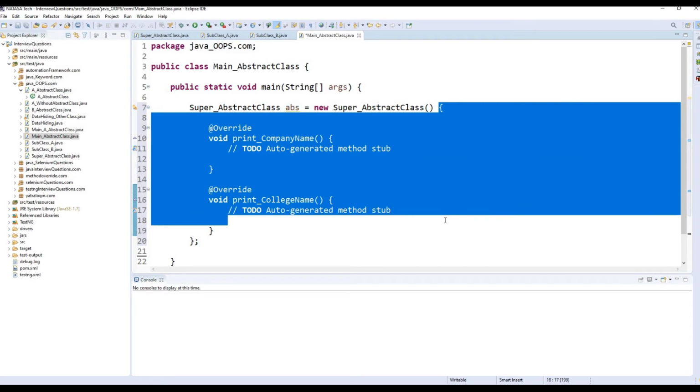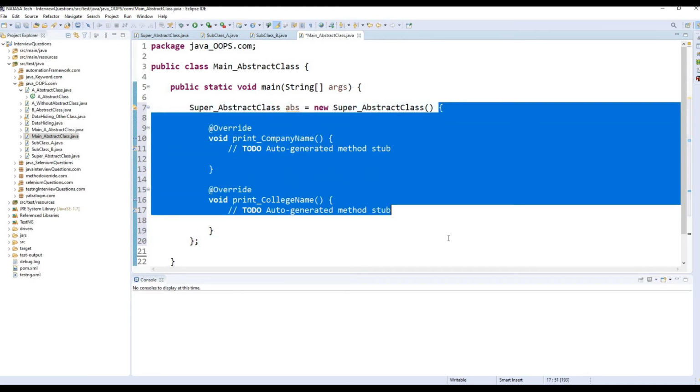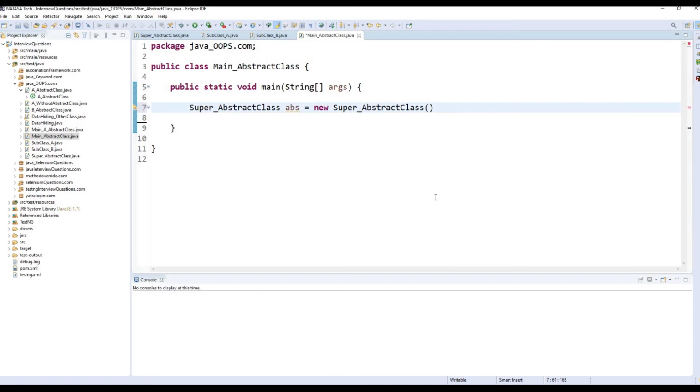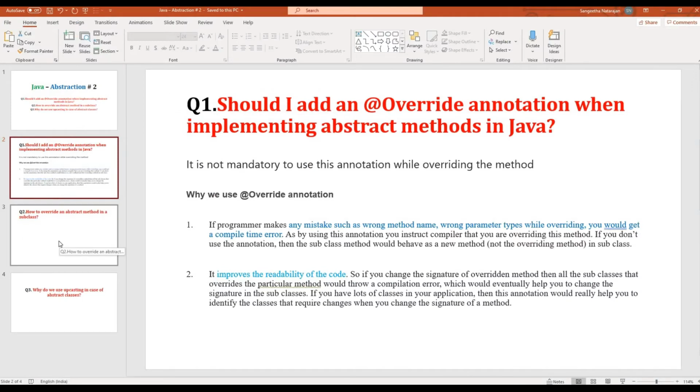Once I use the new keyword, automatically those abstract methods would have to be implemented inside, right? So this is the wrong one. I just remove it here. I want to create an object for the abstract class. This new keyword does not allocate any space for an abstract class. So that is the reason we are going to implement upcasting. Now I'm going to slide.